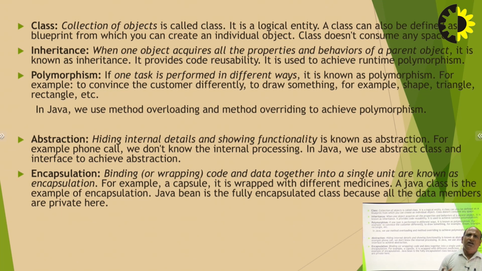So, when one entity shows different behavior at different places, then the behavior of that entity is polymorphic behavior, and this concept is called polymorphism. Polymorphism is generally of two types, that is static polymorphism and dynamic polymorphism. We can also call compile time polymorphism static polymorphism, and dynamic polymorphism is the example of runtime